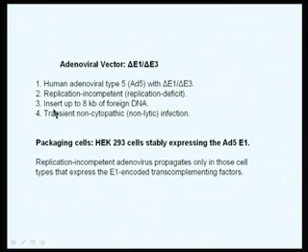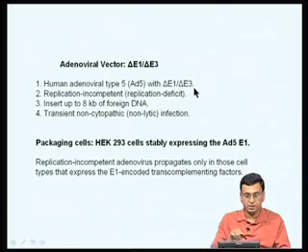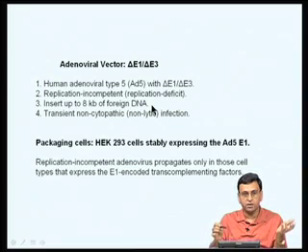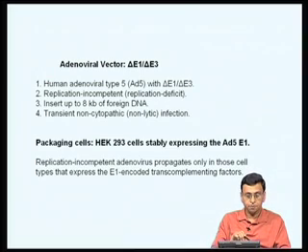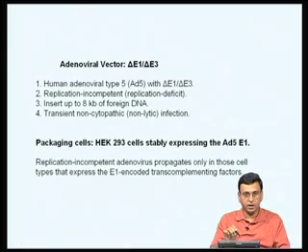So the strategy has been shown here. Human adenovirus type 5 is what is normally used for making these adenoviral expression systems. Usually you have either an E1 deleted virus or an E3 deleted virus. When you do this, they become replication incompetent. They cannot replicate in mammalian cells which do not express E1 or E3 proteins. Up to 8 to 10 kb of foreign DNA can be inserted into such a replication defective adenoviral vector genome,